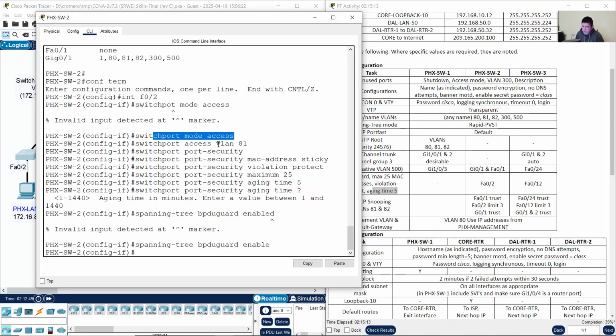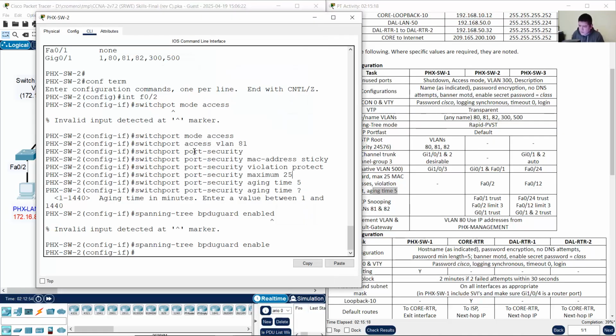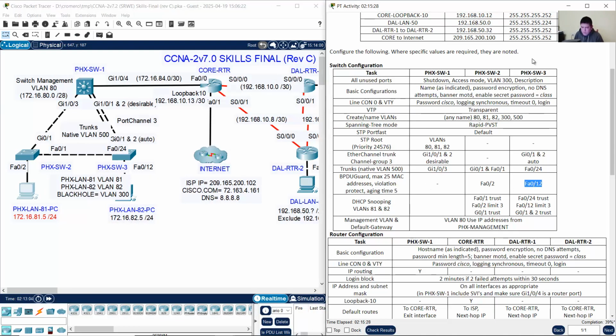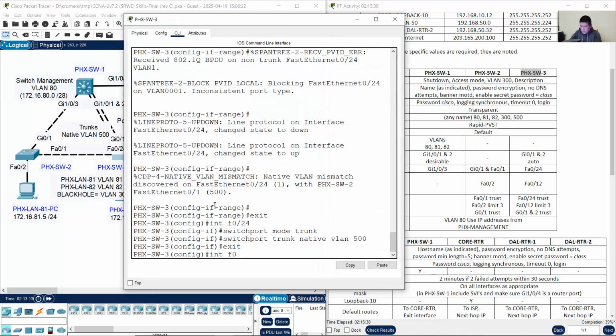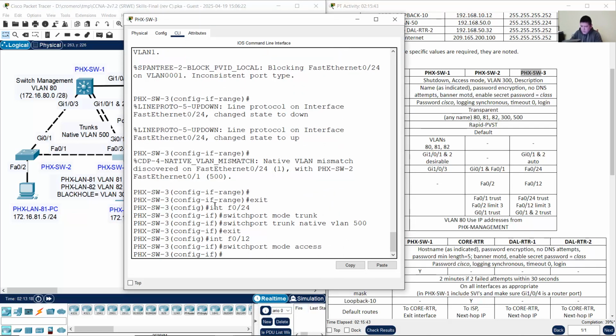Configure mode access VLAN 81. Then configure port security and spanning tree BPDU guard. Okay, the same configuration on Phoenix Switch 3, the connection to PC VLAN 82. Interface FastEthernet 0/12, switchport mode access, switchport access VLAN 82,